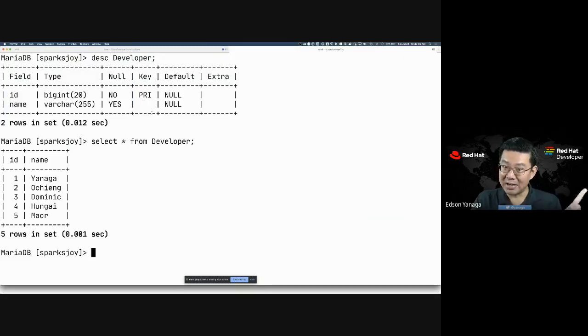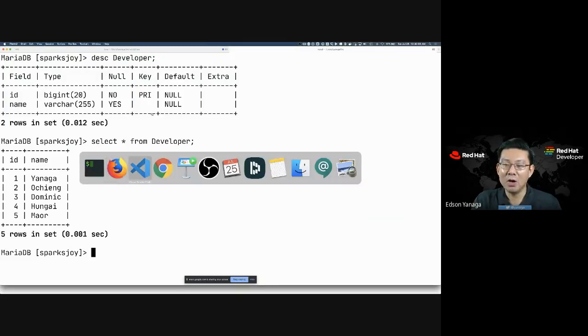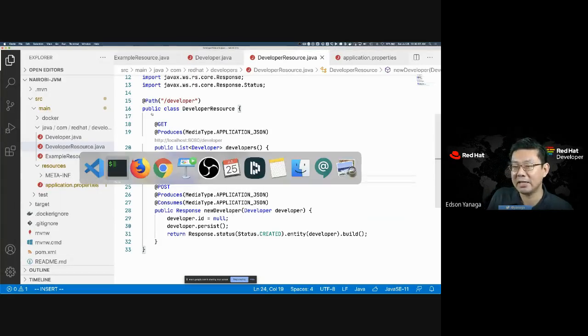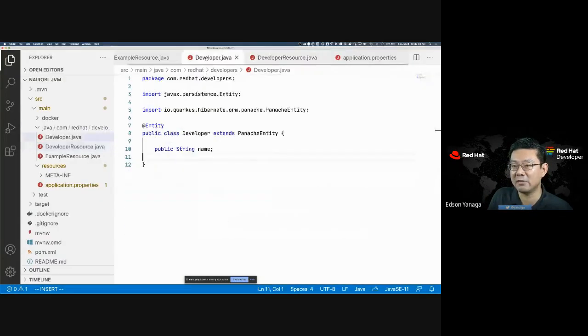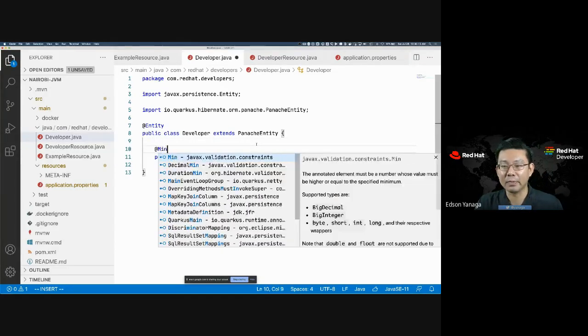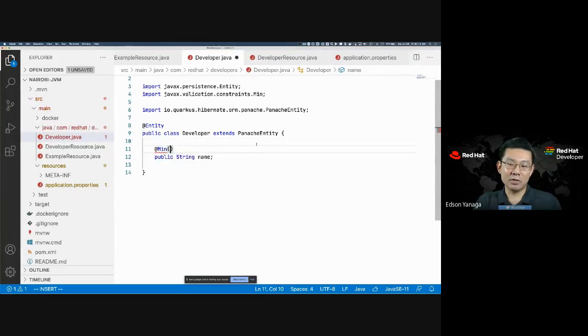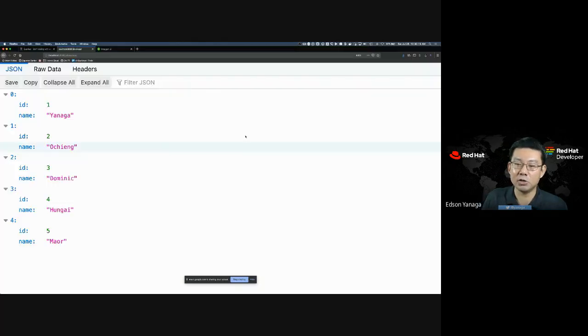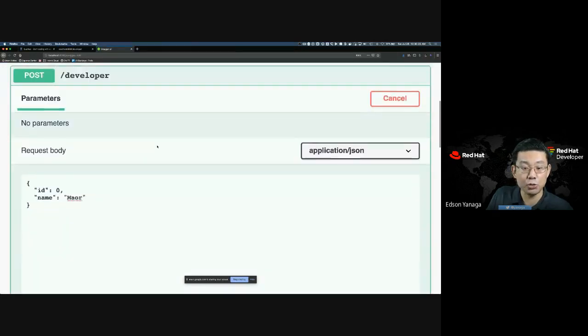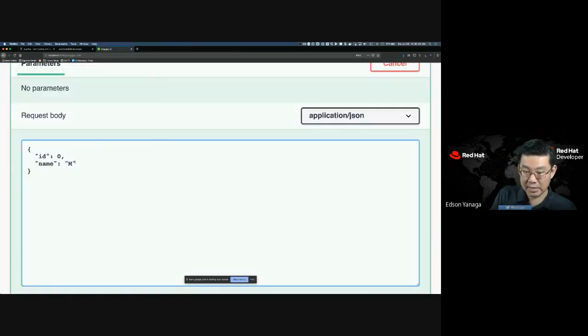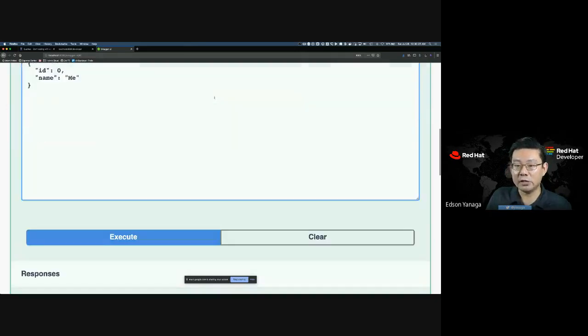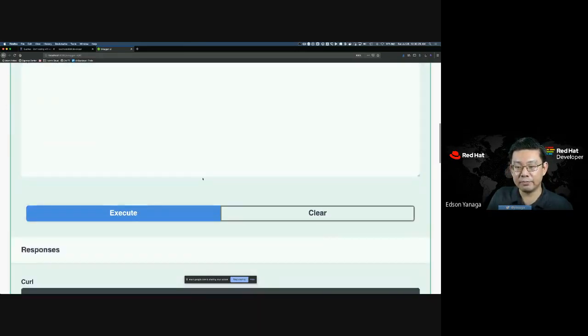Cool, isn't it? I think it is. What else can we do? Well, we can provide some validation here. So if I go back here to my developer, I could add a constraint and say, for example, the minimum size of the developer name should be 3. So if I just save the file and go back here to my Swagger UI and try to persist a developer with only 2 characters as a name, for example, me, if I try to do that and execute,